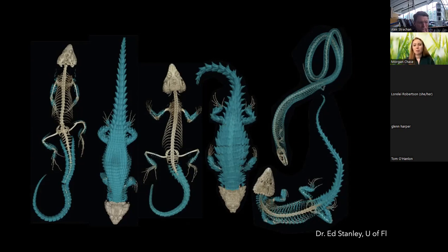see some of the data from these scans, because this was also a great example of why we couldn't have done any destructive sampling or imaging of these. You can't just send them to the beetle colony, where you put a dead animal in there and then the beetles eat away all the soft tissue, because you would lose all the information about exactly where these osteoderms were. You need the contextual information in order to actually get the answers to your question. So CT was the answer. We did hundreds and hundreds of scans of these. Some